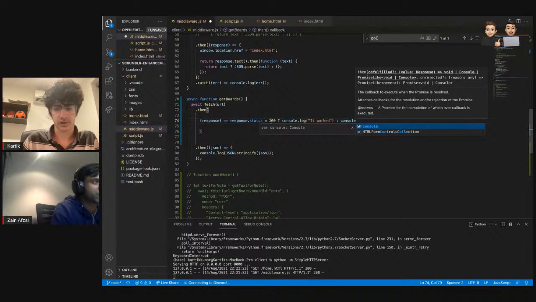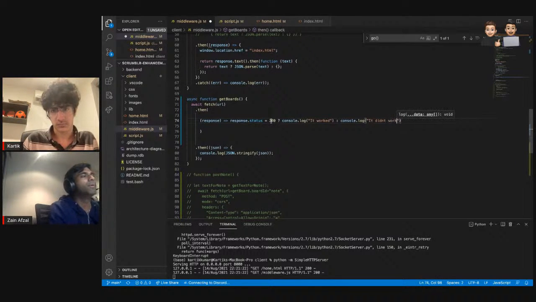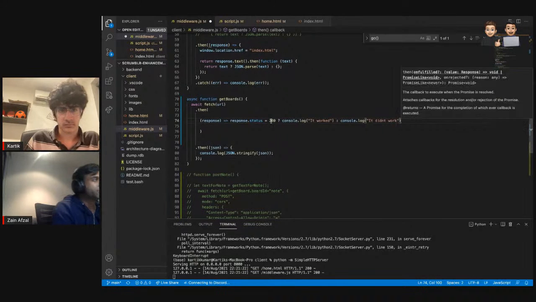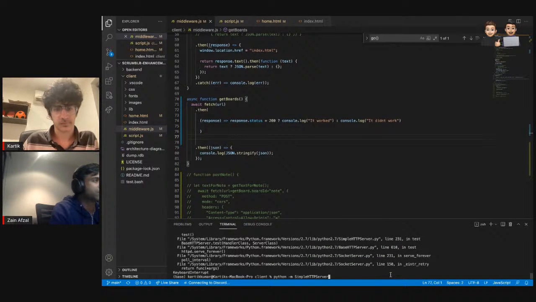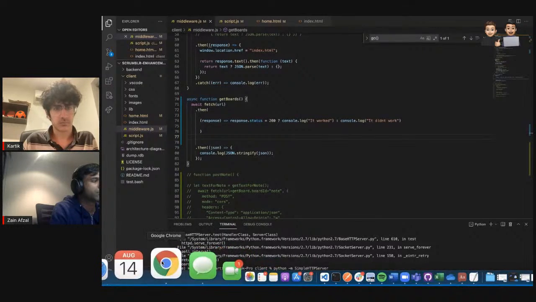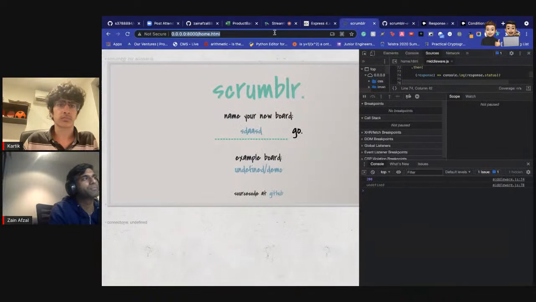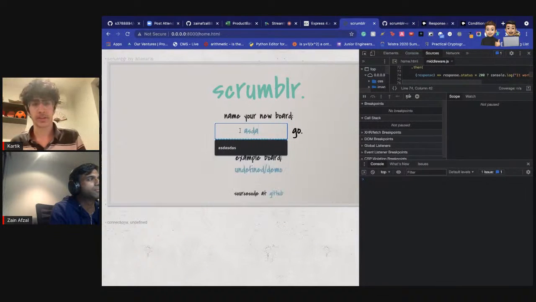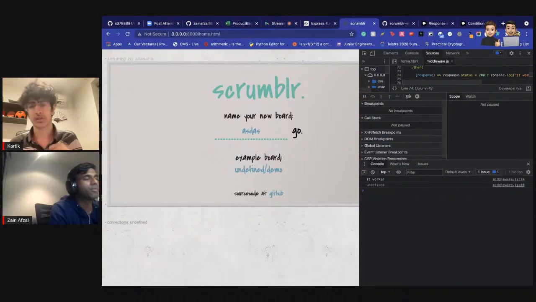It doesn't work. Cool. Alrighty. Hopefully it works. If it works, we'll see it printed it worked. Brilliant, it worked. There you go. All right, cool.